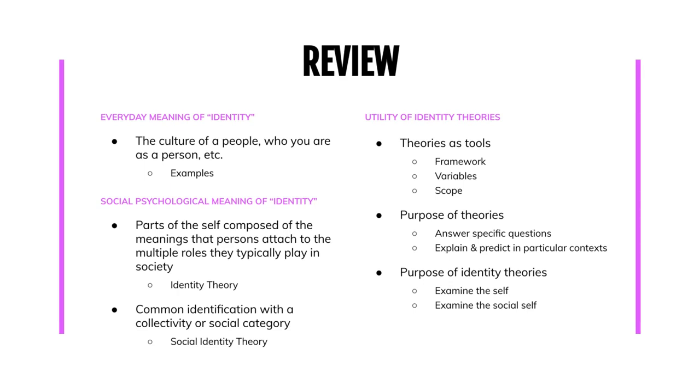Theories like identity theory and social identity theory are created to work well within a very narrow scope. They're looking at different intergroup phenomena, and how greater society or the social structure is linked to individuals and vice versa. But they're really looking at these very narrow understandings of identity and what that means. They all have their specific purpose. They're designed to answer specific questions about specific social phenomena, and they can only provide an explanation or predict behavior within very particular contexts.